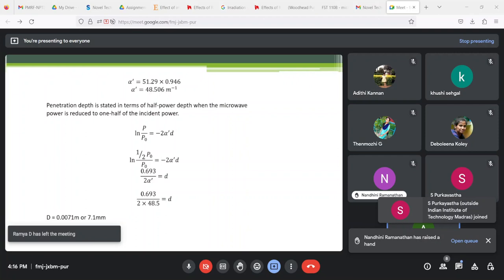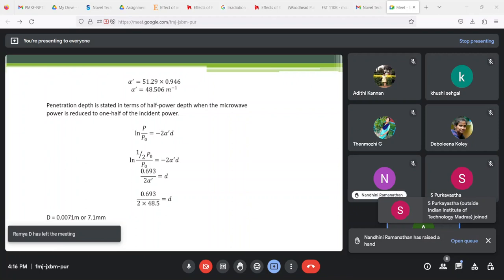So when it is asked, just find out the penetration depth, and if you know what is P and P naught, you just directly substitute the values and find out D here. When it is asked half power depth, it means it is half the power of the initial incident power. So at that time you substitute 1/2 of P naught, and ln of 2 is 0.693, and you have 2 alpha dash that is coming to this side, and when you substitute the attenuation factor here,